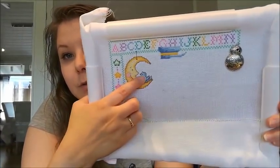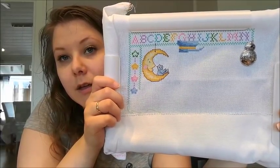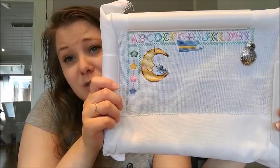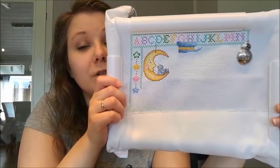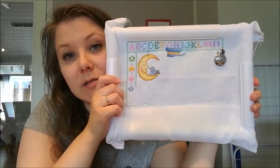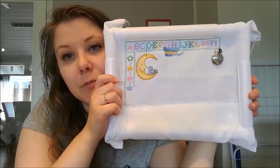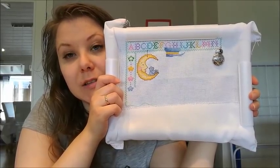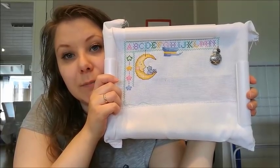So this moon and this bird are fully finished, and I'm just working a little bit of time on this. It was originally meant to be my son's baby sampler, but my husband didn't like it, so oh well, I will finish it one day, but I'm not hurrying to do it. And if there ever turns up anybody having a child,